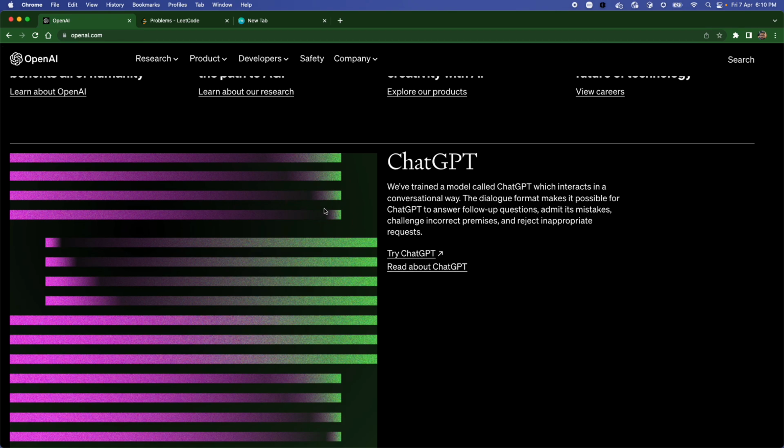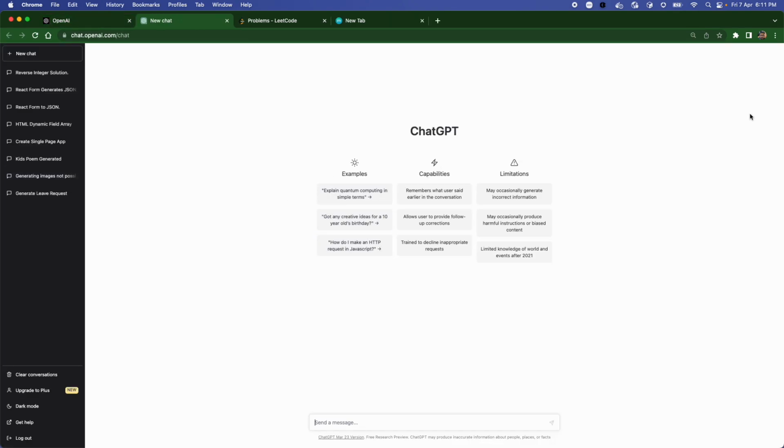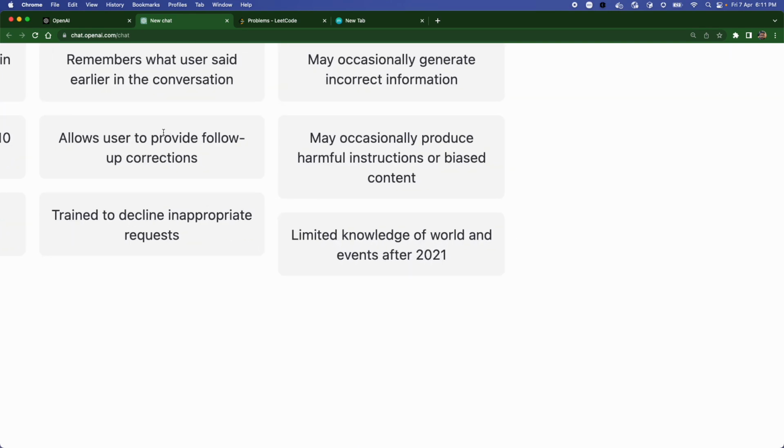To try ChatGPT, we must be signed in. If you go to OpenAI and click on try ChatGPT, it will ask you to log in or sign up. I'm already logged in. It opens a workspace over here, and it is a pretty simple UI, which shows that you can send a message, and it has given some examples. You can figure out from the examples how you have to ask the questions, and we can also see the capabilities